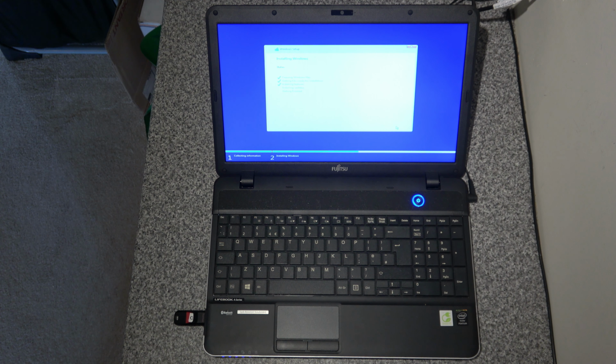Okay, so that's the files installed. Then it installs the features, any updates that were included on the build USB stick. And there we go. So once that's installed,